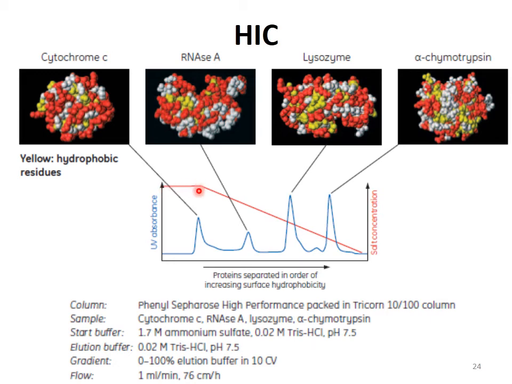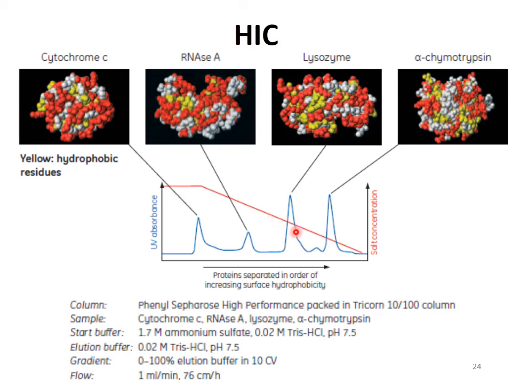Now, when the salt concentration decreases, the proteins are going to fold back into their original structure and their exposed hydrophobic regions will again become shielded. And when the hydrophobic regions become shielded, they cannot interact with the stationary phase. And hence, that particular protein will be released from the column. So here we see that the protein with the least hydrophobic content is going to be eluted first, and then as salt concentration decreases further, a relatively more hydrophobic protein will be eluted,